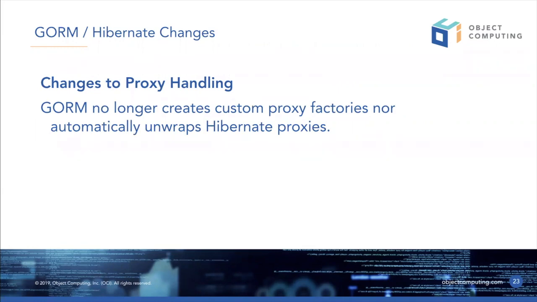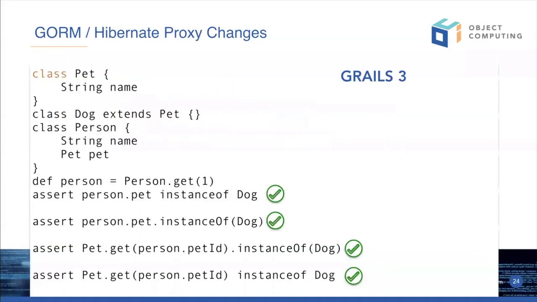This is probably the biggest change in Gorm. Gorm no longer creates custom proxy factories. It doesn't automatically proxy Hibernate proxies. So if you have such code in a Grails application where you have a domain class named Pet, and then a domain class named Dog, which extends Pet, and then the Person has one Pet, if you retrieve a Person with the get method in the domain class and you use the Java instanceof, so Gorm